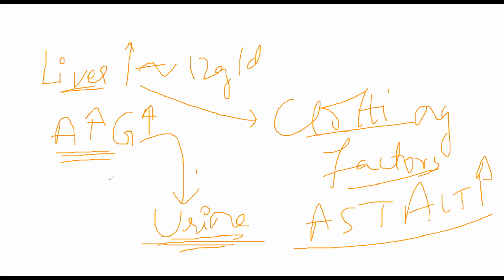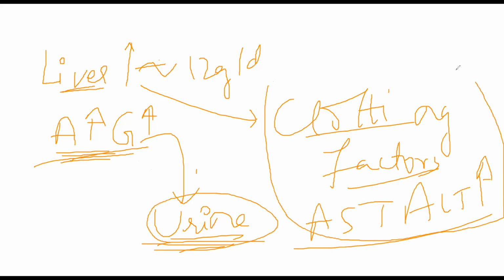That is when it is basically trying to make up the protein level in your blood, but it is not able to control the loss in urine. That is why the other proteins that are being formed by your liver will start getting accumulated in your blood. Now the result will be that the first condition, the patient will become hypercoagulable. Hypercoagulability, okay, meaning the patient will clot very easily.